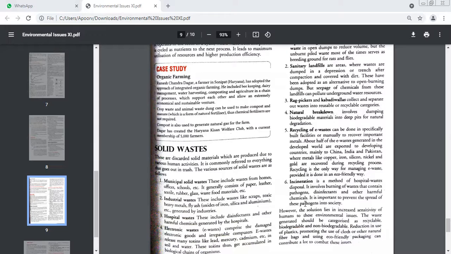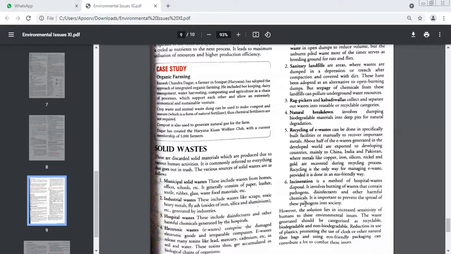Okay, tell me now, very quickly, about recycling of e-waste. Why is it basically done? Why do we recycle e-waste? Because it is the only way to manage e-waste. Yes, we need to recycle it. One very important reason is to recover the important metals. There are some very important metals in the e-waste which have to be recovered. We cannot throw them away.